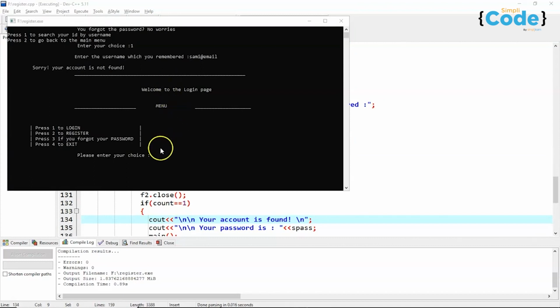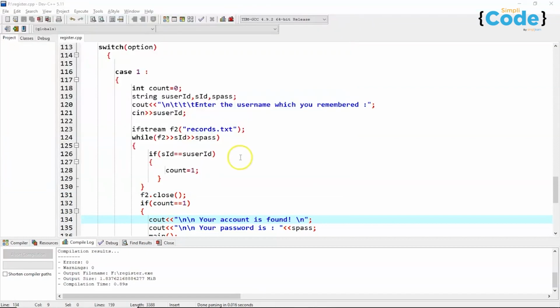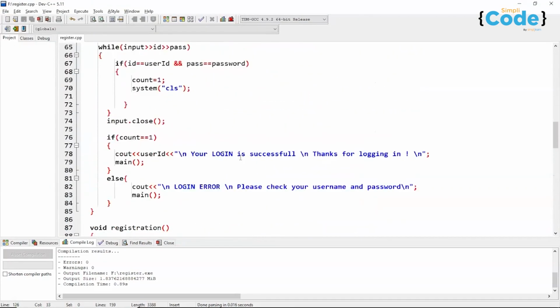And let's say again, if we try to press, let's say 5, then we can see that please select from the options given above. Actually we have to make it options given below, but we can do that, else everything is working fine. So now we will click on exit, that is 4, and this is the message, thank you. So as we can see, this is our registration and login